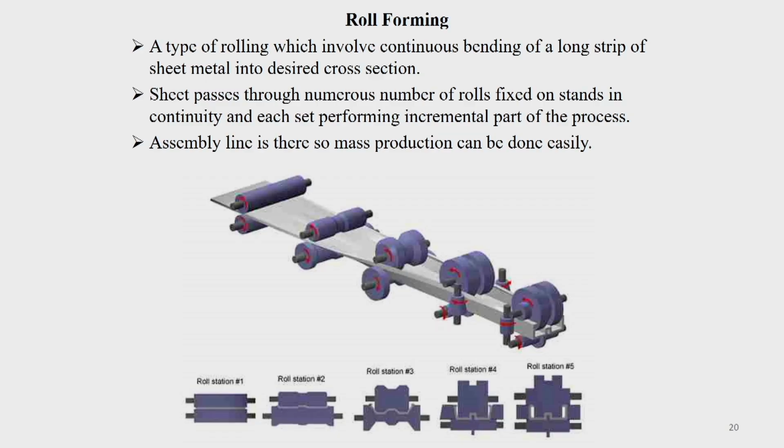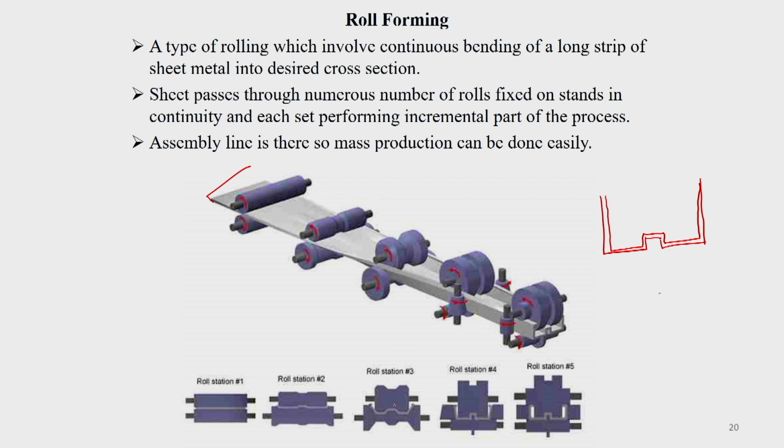Now, there is roll forming. You want a particular shape on a continuous long sheet. You have a simple plain sheet like this, and maybe your final shape is something like this. It is not that only one, you can have multiple also. You see that it is passed through a series of rolls. This is the first roll where it is plain, and then the second roll comes, where you see the size of the roller is different. So, there is going to be a small amount of deformation.